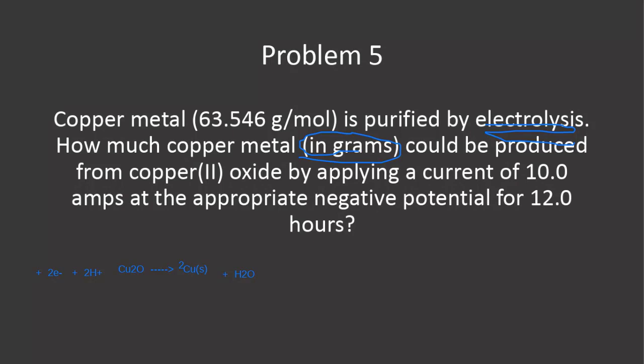Any questions about this balancing? How it's done? We have actually practiced problems with balancing towards the end too. But any questions so far on how I balance this? No? Well, the reason we want to is to find the electrons we need, since that does come up in our math. So how I would start this problem is, given that we have 10 amps, so 10 amps is equal to 10 coulombs per second. So 10 amps equals